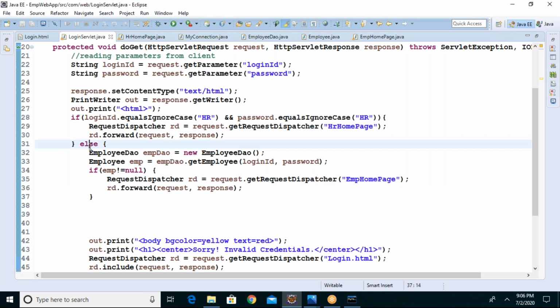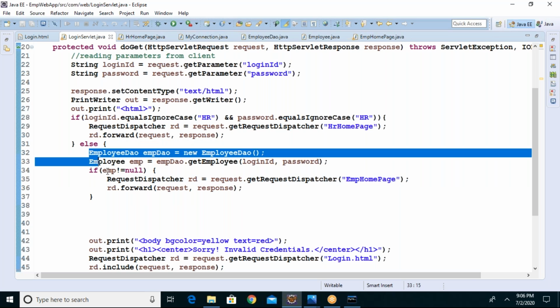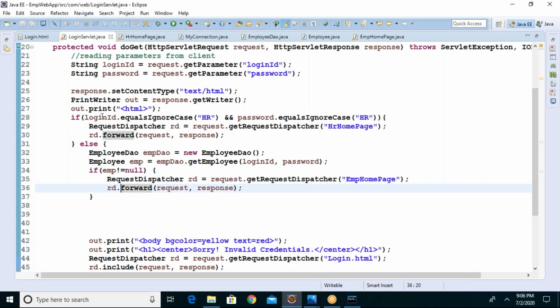In the else, first I am checking whether he is an employee or not. Before that, I already checked for HR. If it is not employee, I can simply say else part. Else, and I put